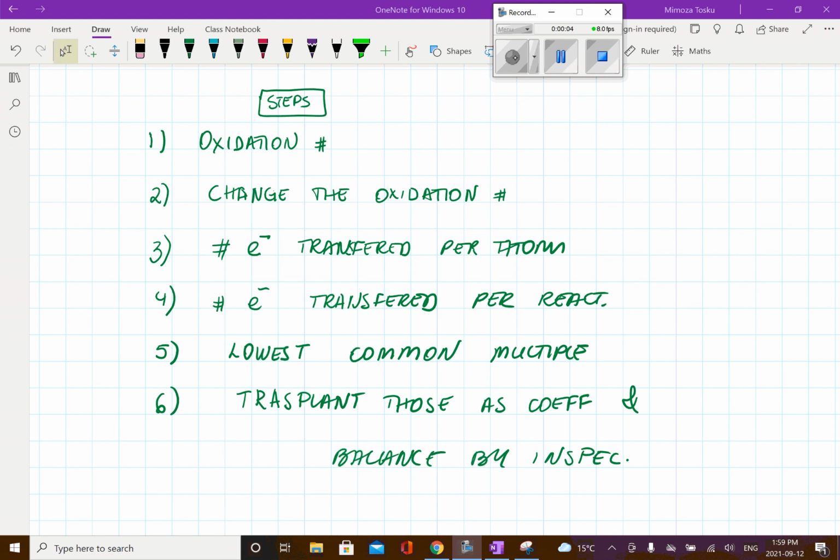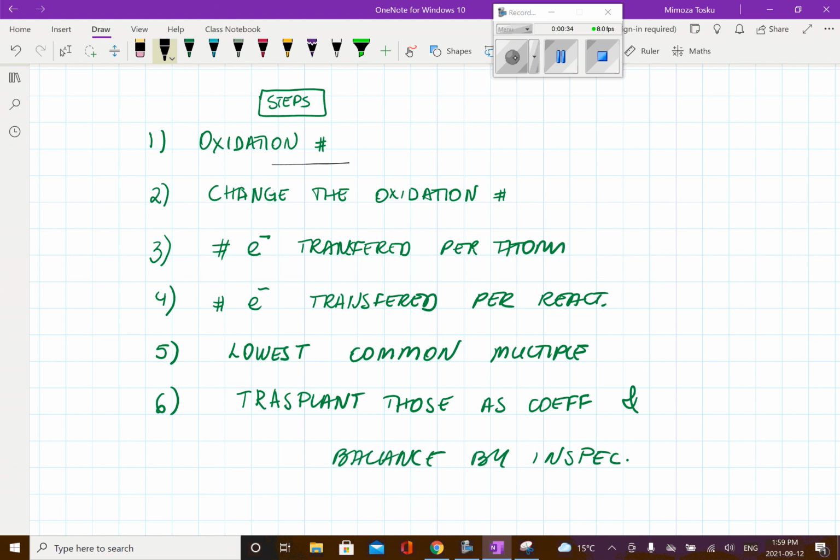Okay, guys, now we will talk about balancing reactions using the oxidation numbers. In order to approach balancing reactions using the oxidation number, it helps us if we follow some steps. And of course, the first step, since we are using oxidation number, will be to define the oxidation number of each